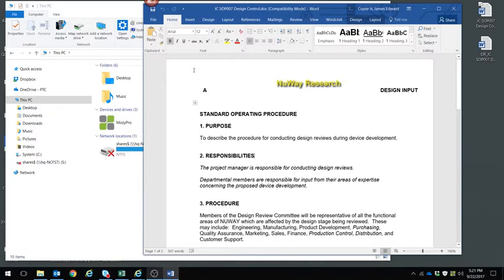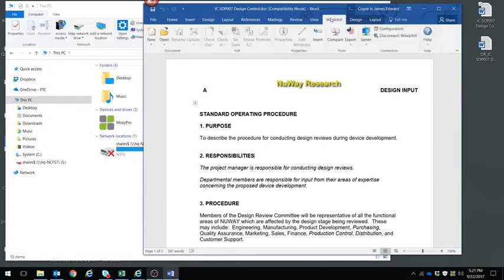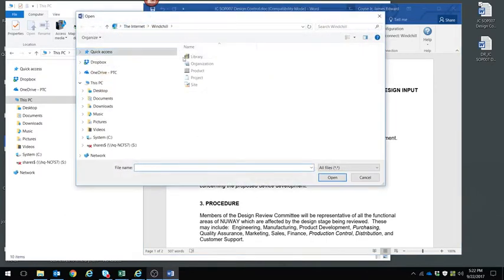So for example, in this Word document, if I go over to my Windchill tab, I now see a number of commands here that are related to the information that's stored in Windchill. If I wanted to add a new document, I could do that. If I want to come in and open up a particular document that's already stored in Windchill, here I can see